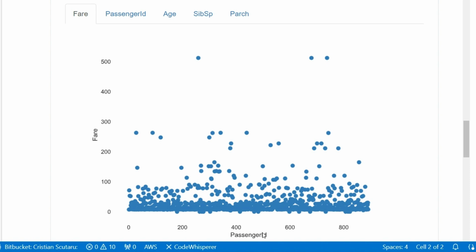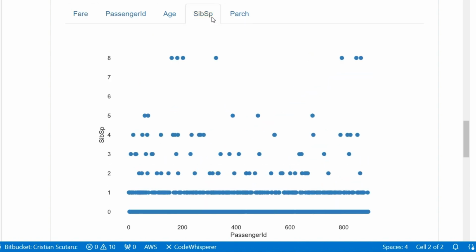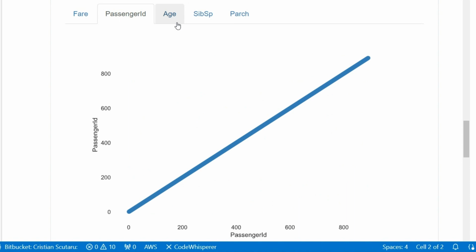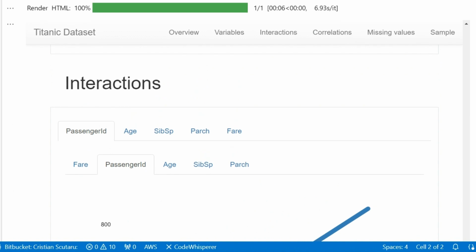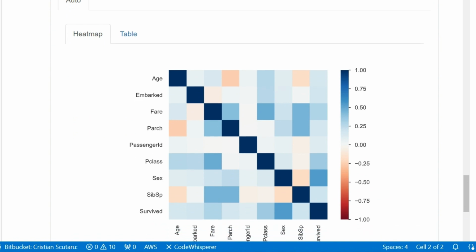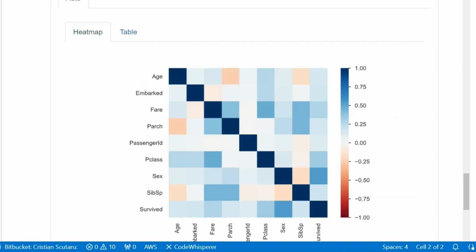What is displayed depends. If you have numerical features in both, you'll get a scatter plot. If you have something else, you may get bar charts, if one of the variables is categorical. You'll have to try looking at different variables here. Then you get correlations, and immediately you get heat maps. Or, as you can see, you get everything as a table, if you don't want data visualizations, and you have the correlation coefficient here, the Pearson correlation coefficient.